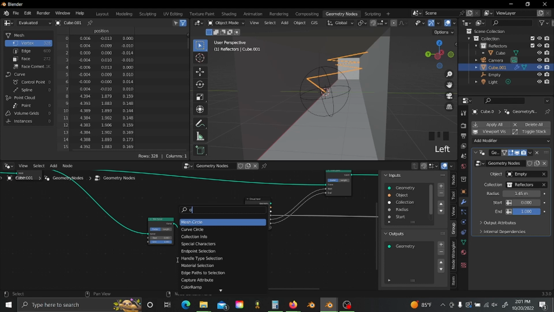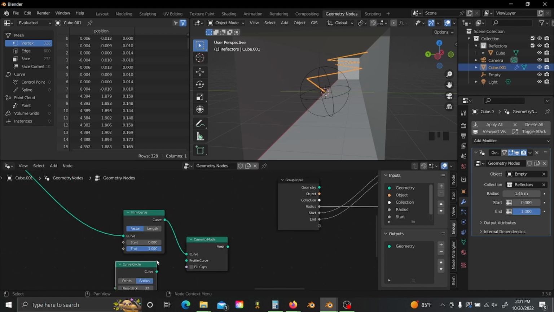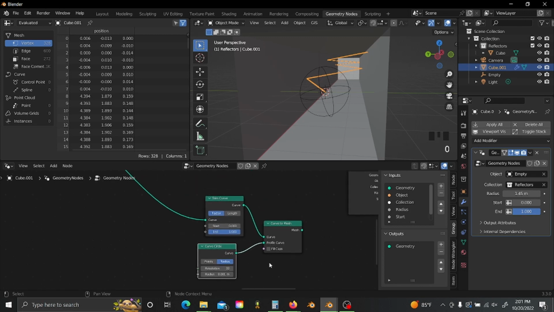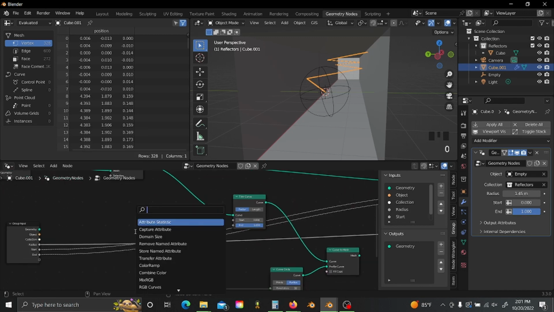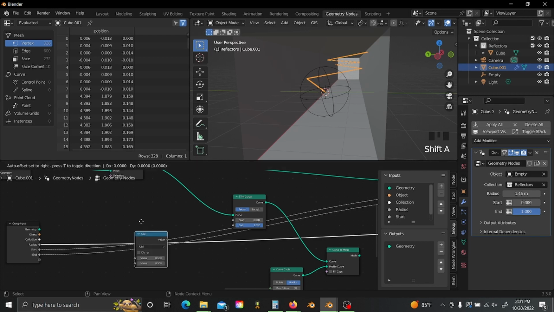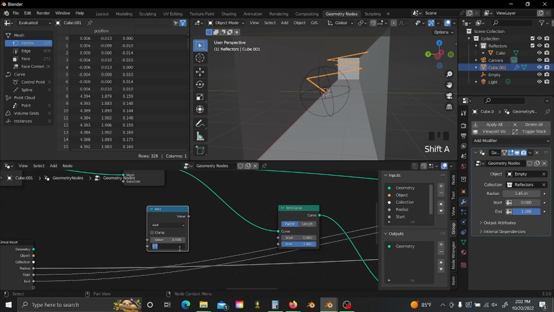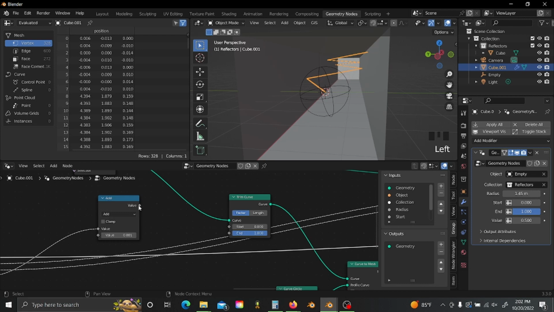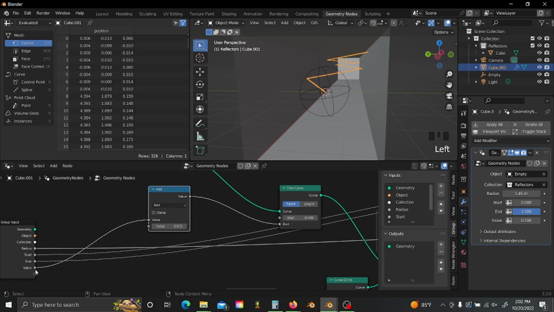Bring in a circle again. And then setting this radius extremely low, something like 0.001. Grab our group input here, add in a math node, and changing the bottom value to 0.001, and plugging our value in here. Now if we plug our math node into the end slot and then directly plug our value into the start,